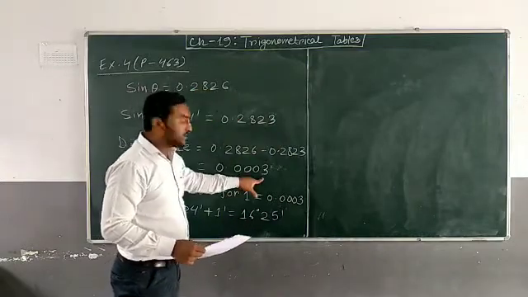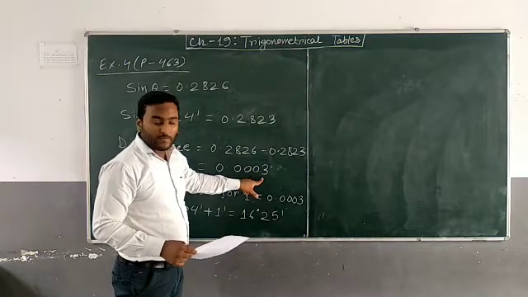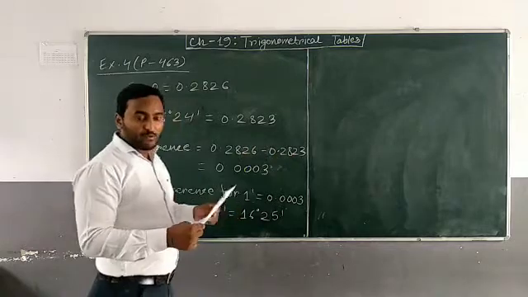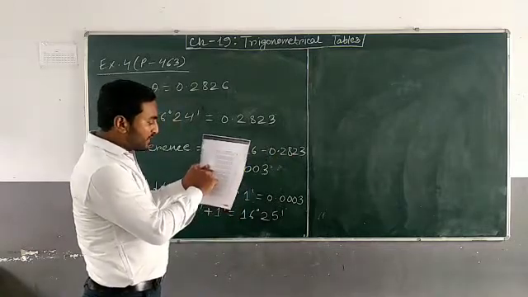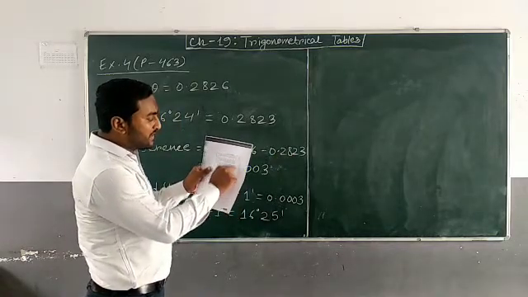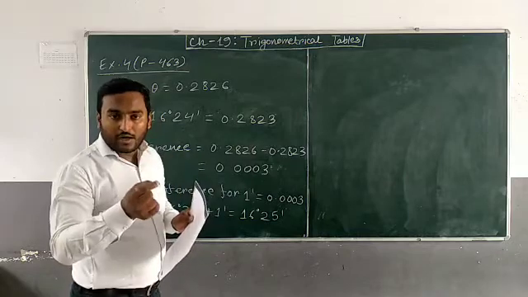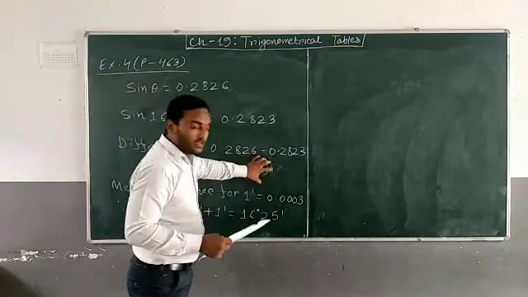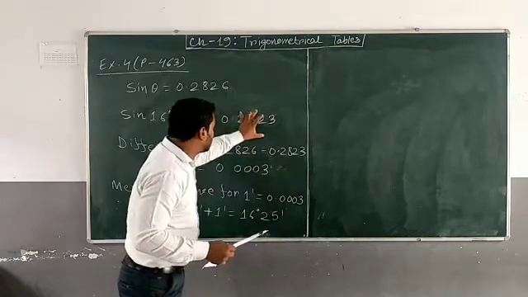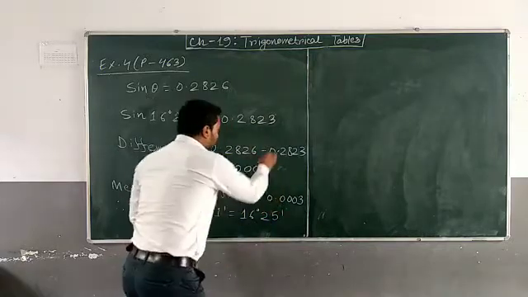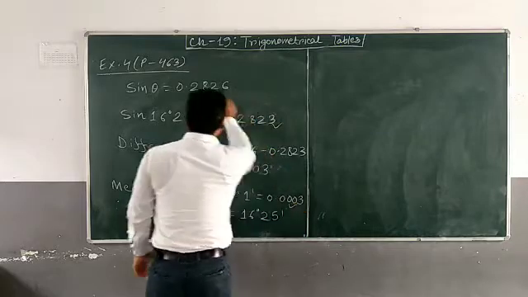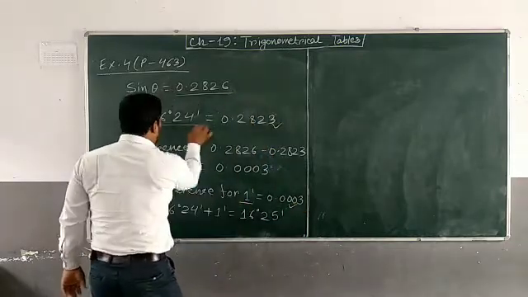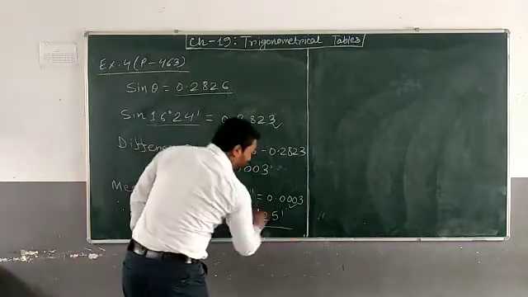But we have to find the angle for the value 0.2826. So how much difference is there? 0.0003. This difference is the mean difference, so you have to see the mean differences column. For 16 degree, the mean difference 3 is in the column for 1 minute. So if you add this mean difference to this value, you will get this one. So the angle of 1 minute also will be added to this angle, and then you will finally get the answer.